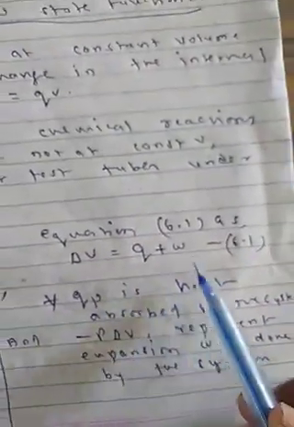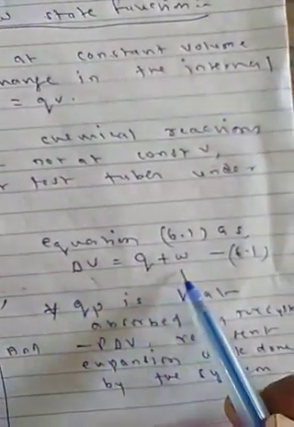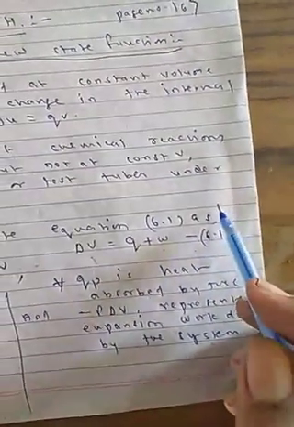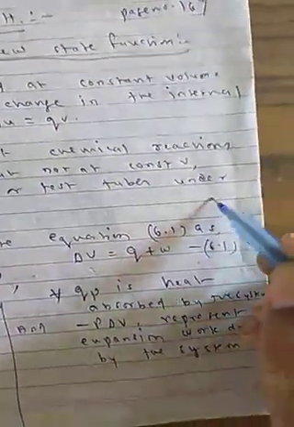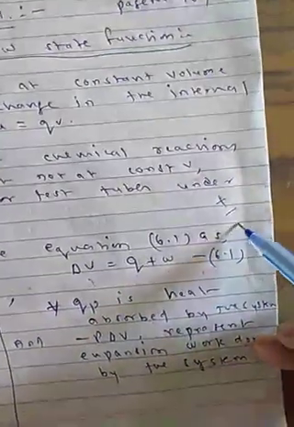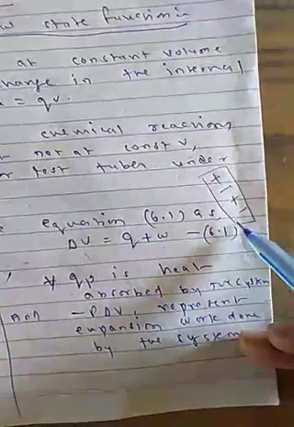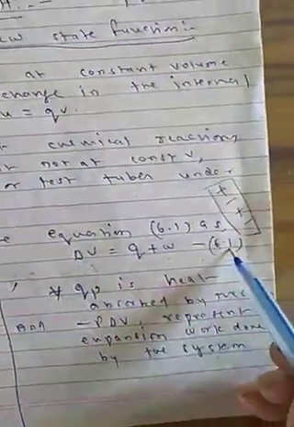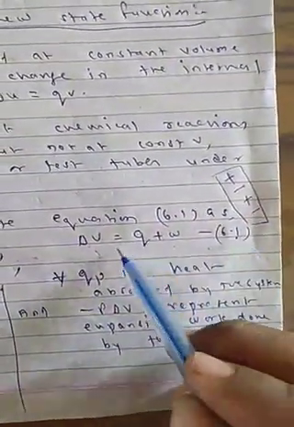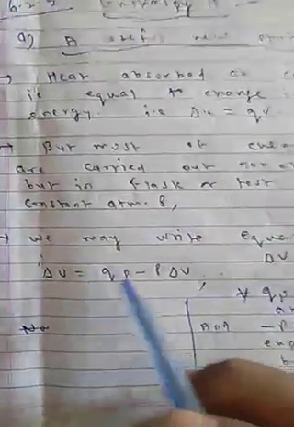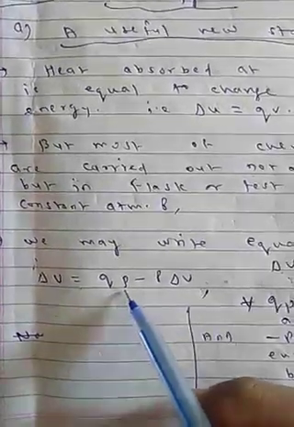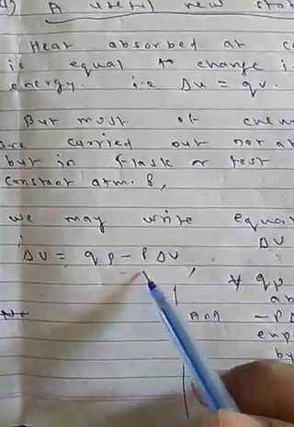Okay, so we may write the equation. See, in 6.1 I taught you delta U is equal to Q plus W, and I taught you 4 terms: heat positive, negative, work is done by the system or on the system. These 4 I earlier taught you. So this is the relation in 6.1. The starting point of this equation is delta U is equal to Q plus W. Now in this way we may write delta U is equal to, at constant pressure, QP minus P delta V.